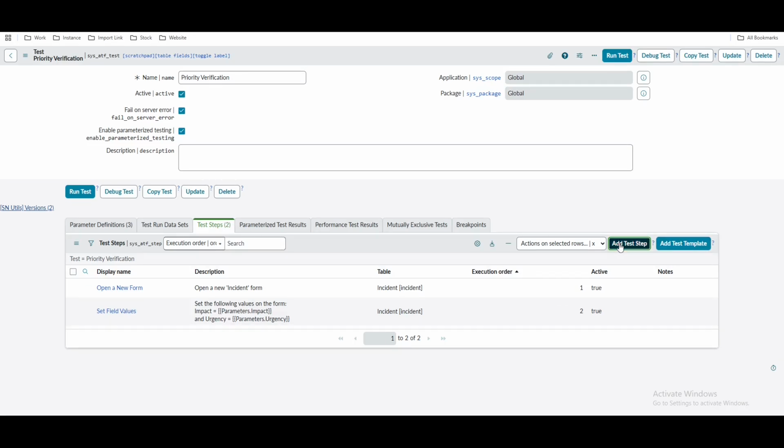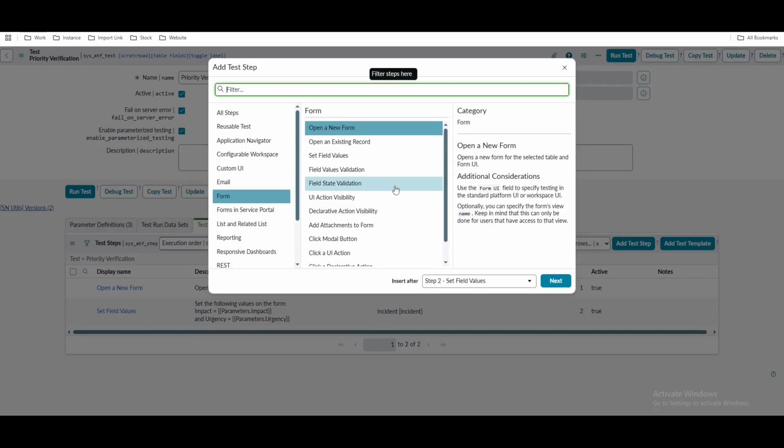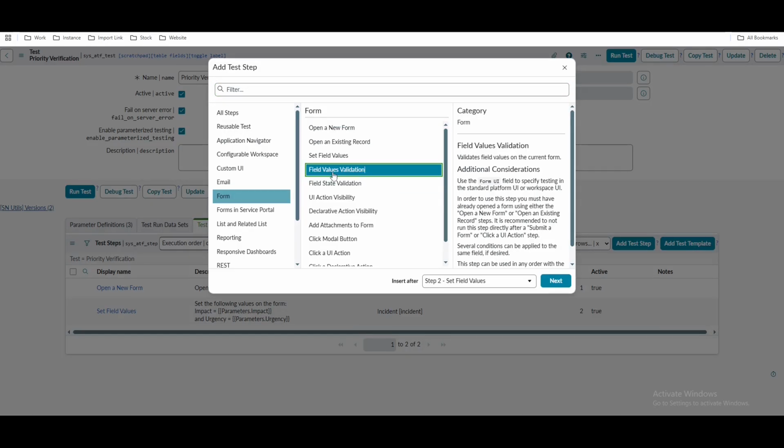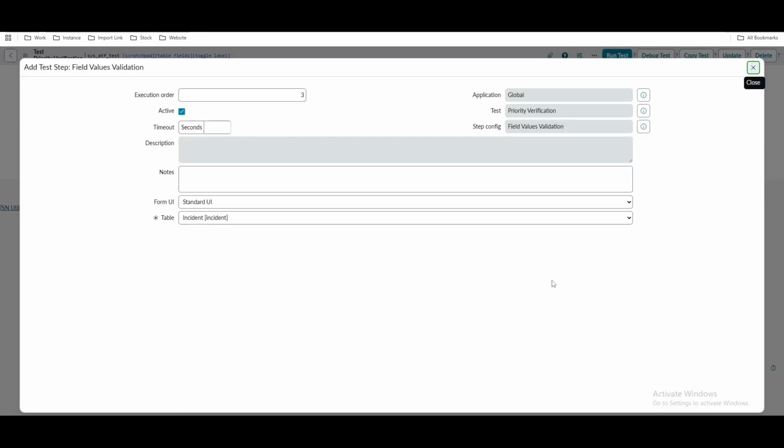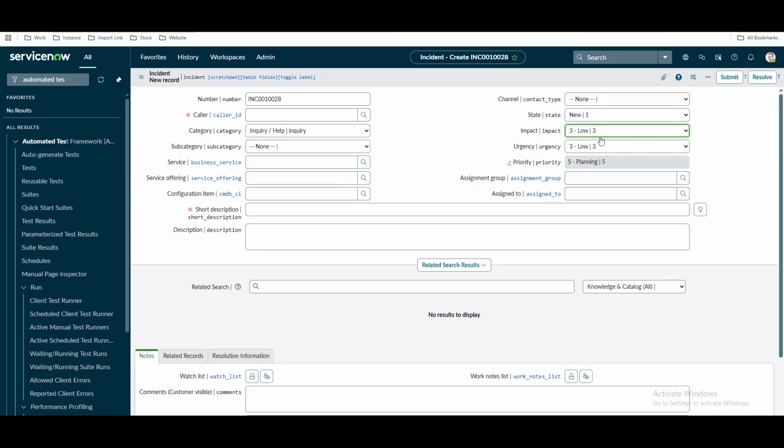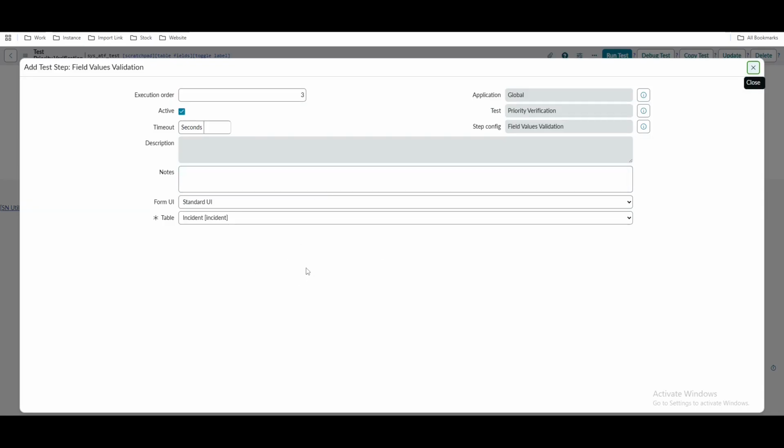Next, we'll click add test steps, and then we'll select the field value verification. So field values validation, we'll click that, and then next. After setting this value, we'll check what our expectation should be. So let's say that you set low, the value should be 5, as planning, right? So we'll select priority equal to